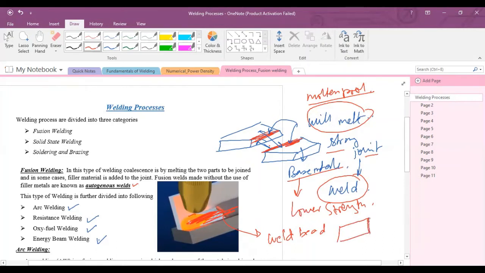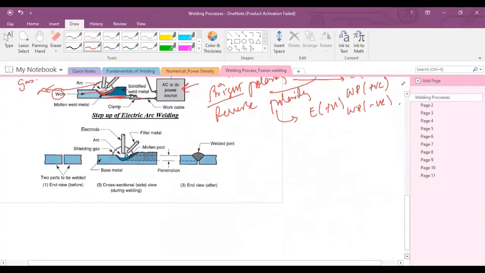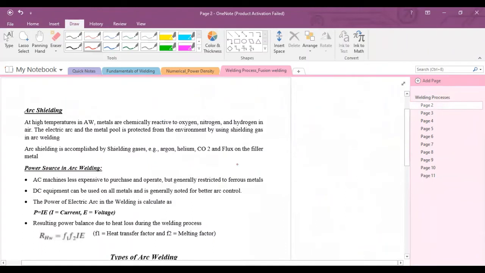When two base metals are connected to each other, the whole assembly is called a weldment. I have already explained this in the fundamentals of welding. Now, electric arc welding. Electric arc welding has some essential terminologies like arc shielding. As I've told you, arc shielding is required to protect the metal from the reactive oxygen, nitrogen, and hydrogen present